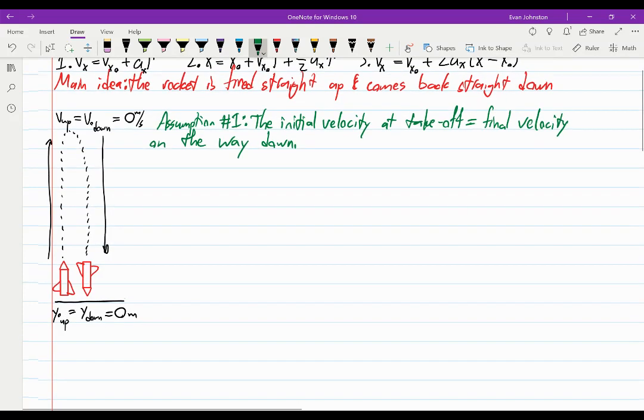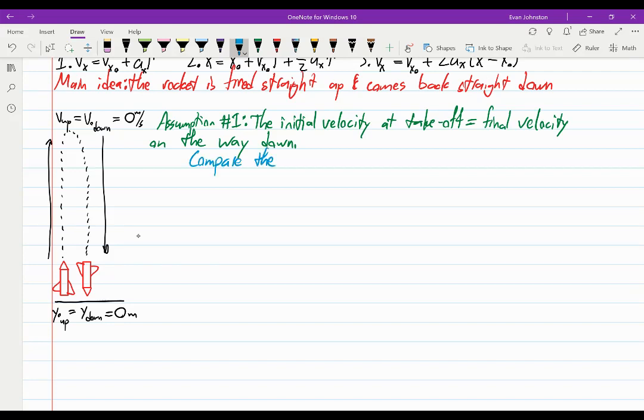So in other words, what I'm saying is that no matter if it's going on the way up or on the way down, when it reaches this point, it's going the same speed. One is going in the negative direction, one's going in the positive, but they're going the same speed. And here's how we'll prove this. I'll prove this to you, because we want to compare